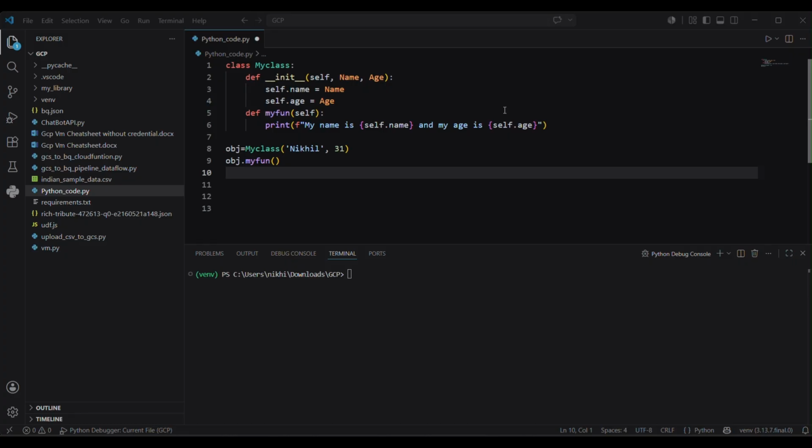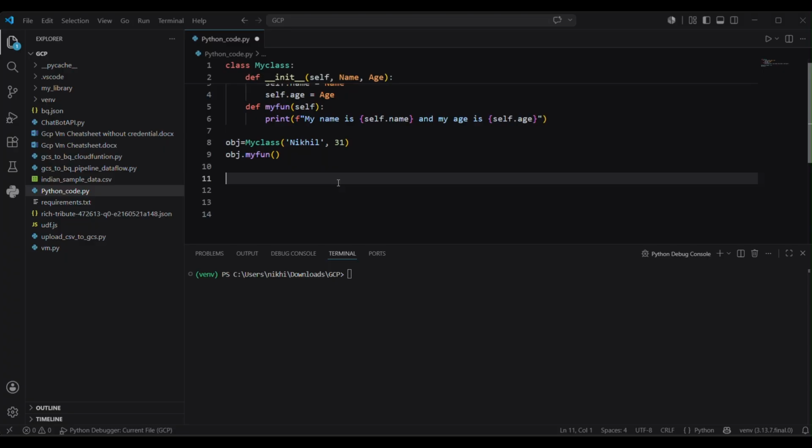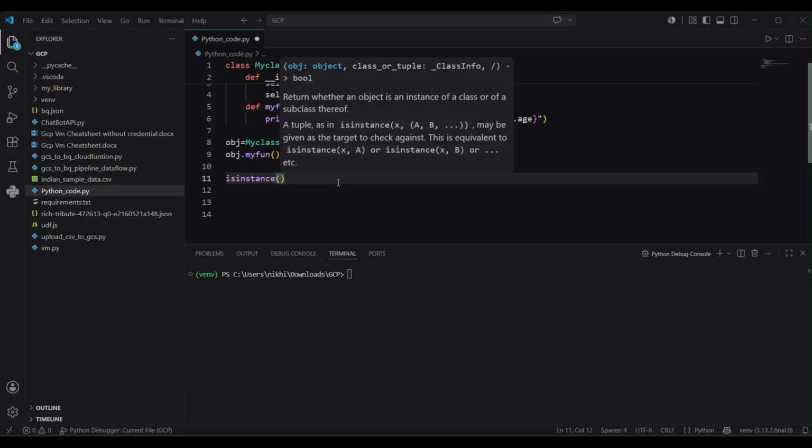Sometimes we are importing a different class into our class and we want to check whether a particular object belongs to that class or not. So let me show you how you can check it. The purpose of this function is to check whether a particular object belongs to this class or not. So how can you check it? We have a built-in isinstance function